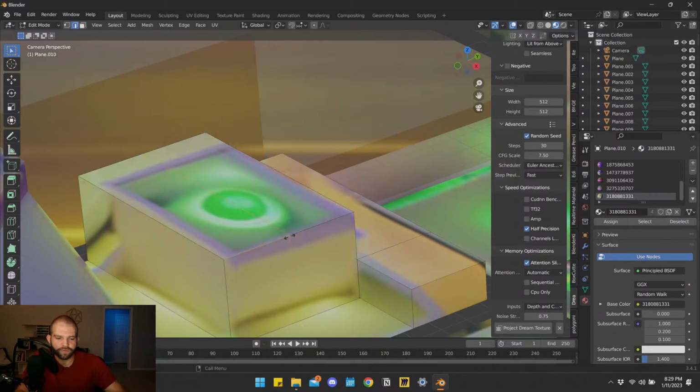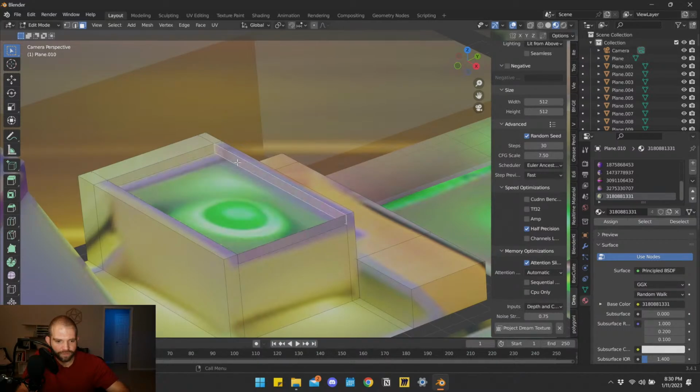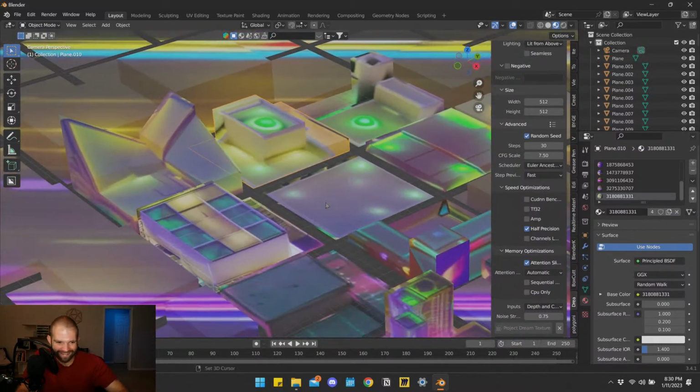And by the way, just a little added nugget of value here: if you're familiar with Ian Hubert's method, now we can actually begin to add cuts to the model according to the AI image generated, and actually start to push and pull those faces. So I can now select this thing and push it in. All right, so it just adds to the level of realism that it has,